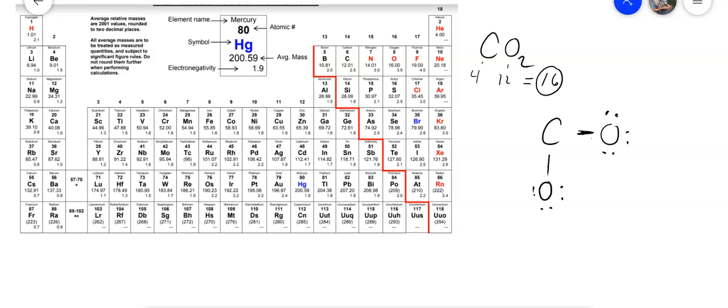We can see that carbon is not full. It only has 4 electrons. And so that means that we need to make a double bond with these other oxygens here. So when we look at the Lewis structure of this molecule, we say, well, there are only 2 bonding domains,